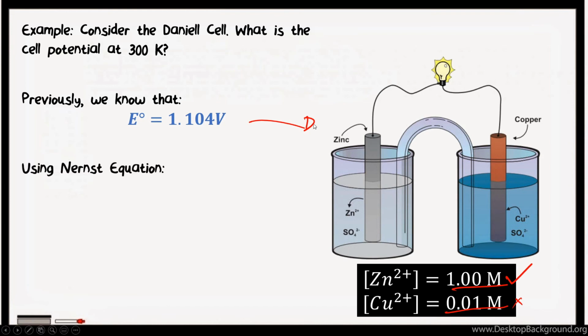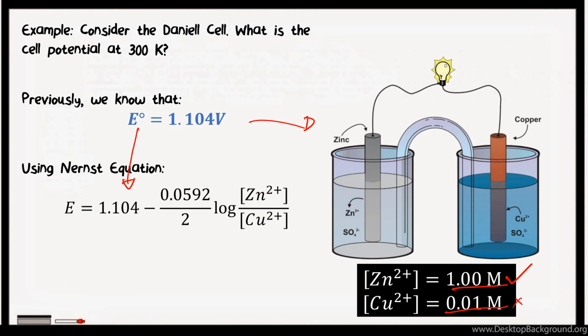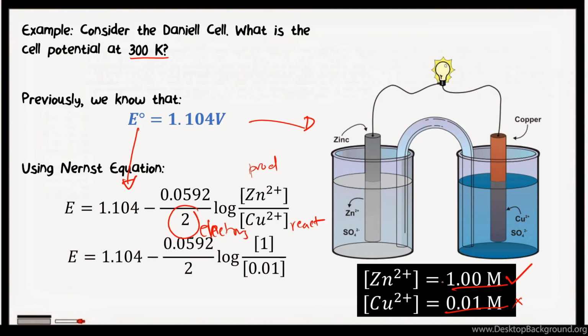Now, using the Nernst equation, we place this E naught here, and we have 0.0592 kasi 300 Kelvin lang naman tayo. Malapit ang approximation sa 298 Kelvin. You have two electrons involved in the redox, and you have log of zinc 2 plus and copper 2 plus. Ito yung products over reactants. Calculating for that one, zinc 2 plus is 1 molar and copper 2 plus is 0.01 molar. We'll get that E is equal to 1.04